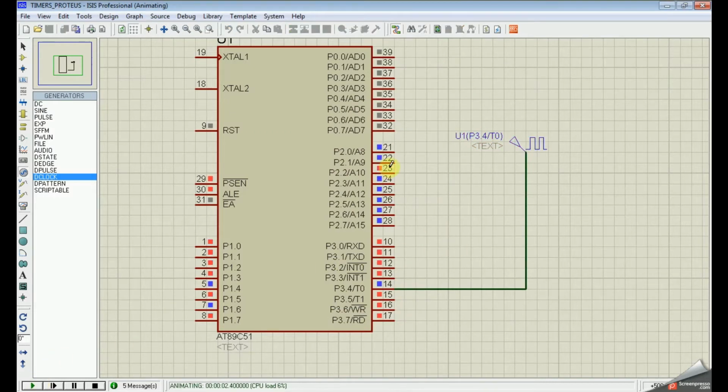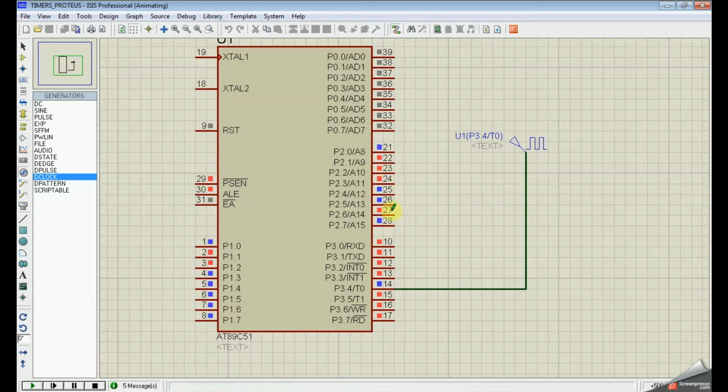You can see it increases very rapidly. It will take some time to reach the maximum value.